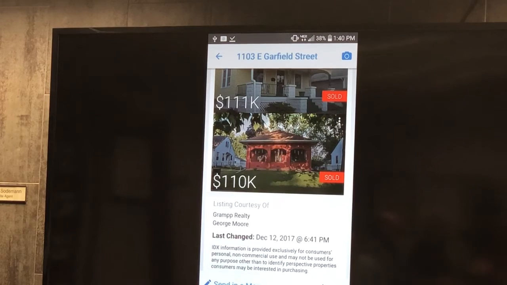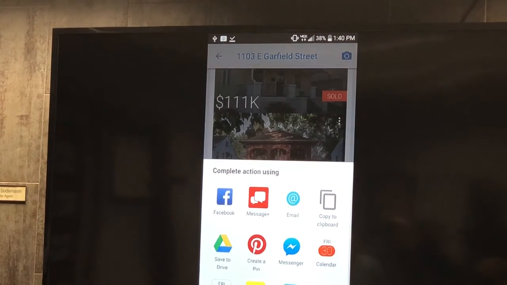And then the star, you can favorite it. I think you have to press the share button at the bottom too. You can share that your